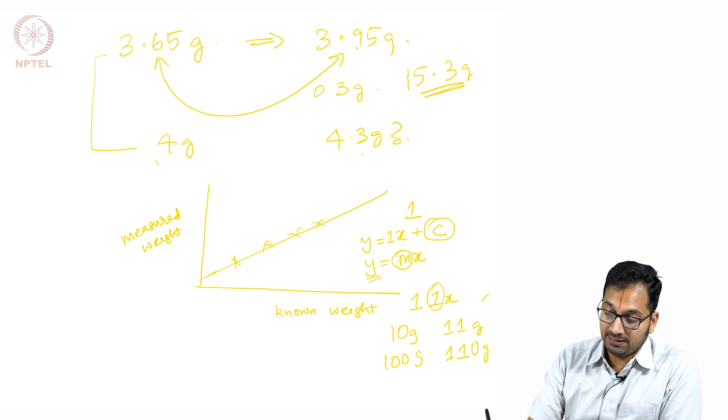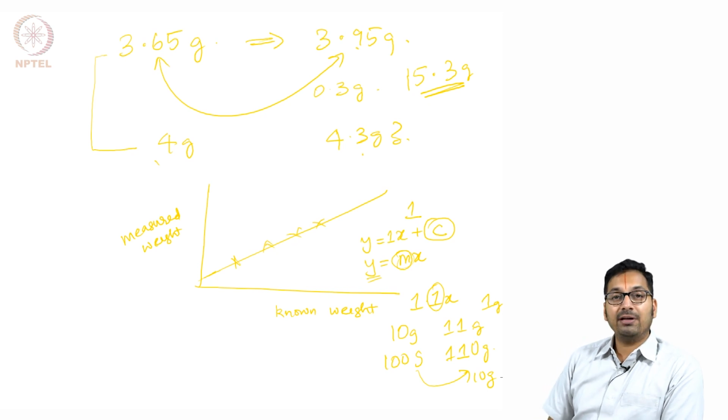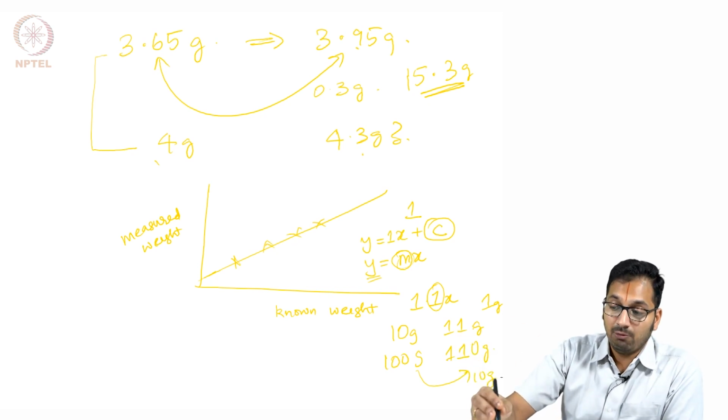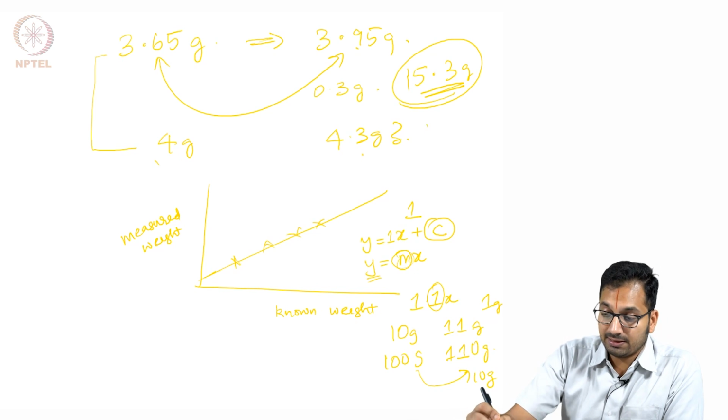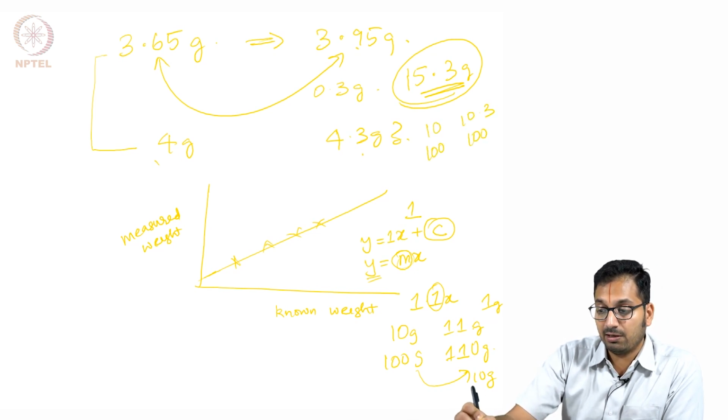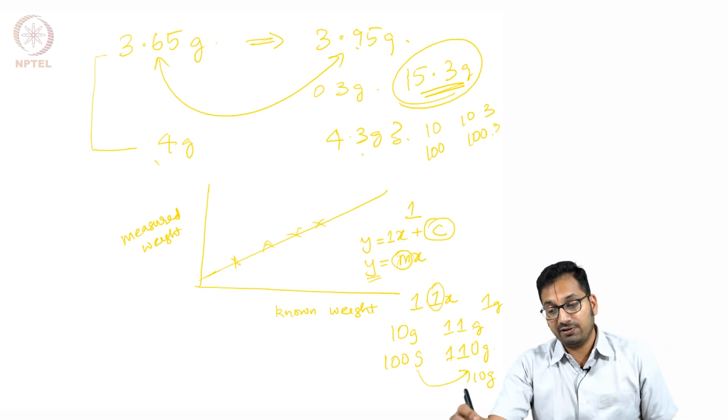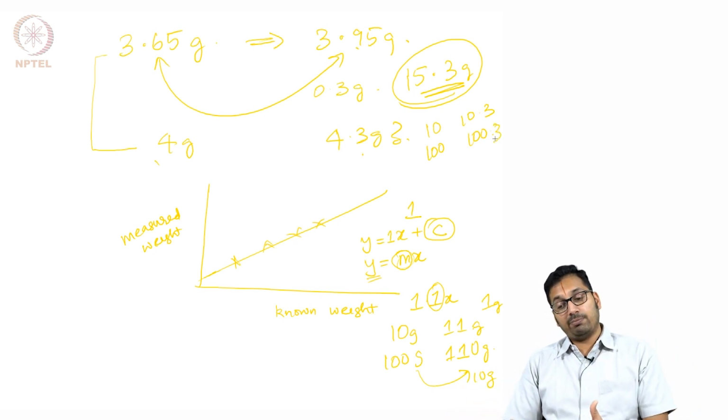So what ends up happening? Here it is a 1 gram error, while here it is a 10 gram error. So you are able to realize that it proportionally keeps increasing, while in the previous example, be it 10 grams you measure, you are going to get 10.3, be it 100 grams you measure, you are going to get 100.3. This indicates there is a difference between constant error versus proportional error.